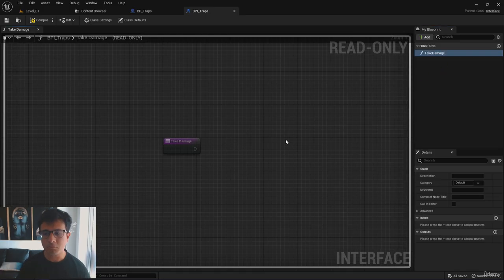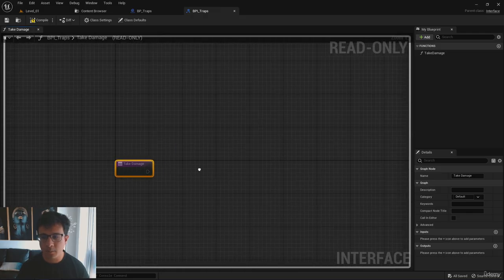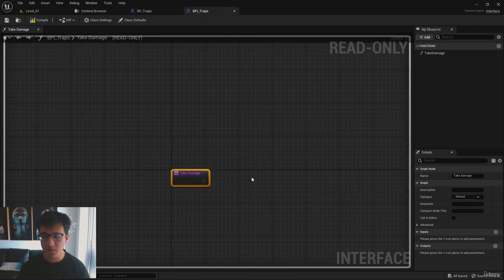So when you take damage here, you will have different things for different objects. For example, the character maybe dies, right? Has a death animation or anything. Or maybe you have the death traps apply damage to, you know, an object, and it will be destroyed. So different things have different